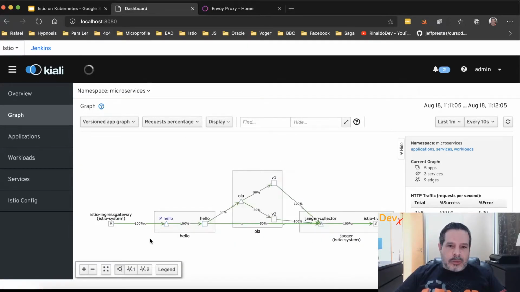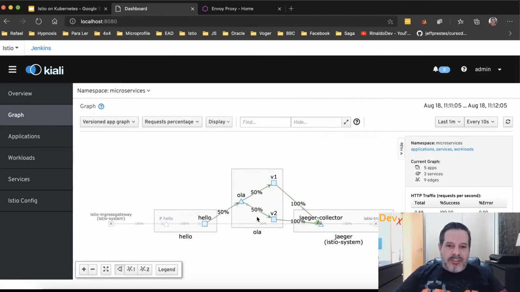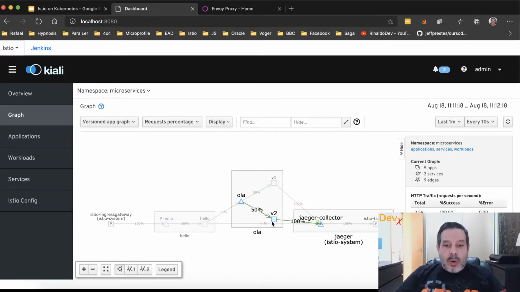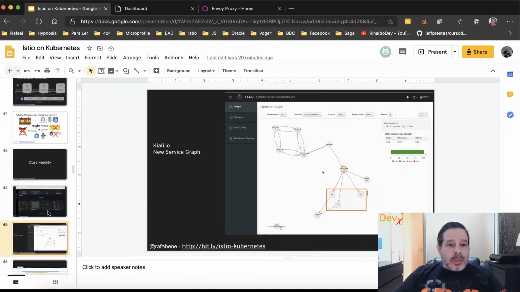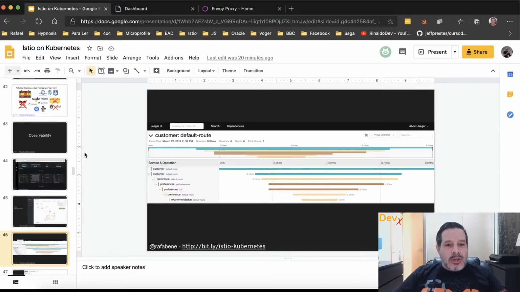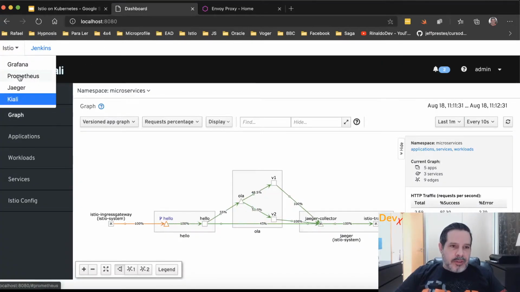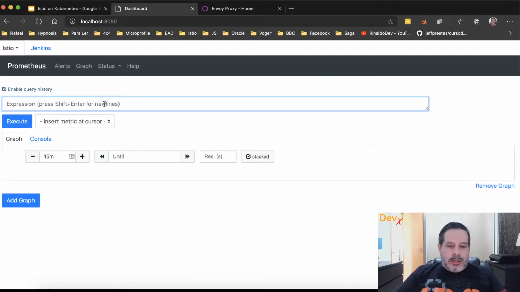So we can see here the traffic flowing through Hello and also the two versions of Olá, 50% for each. And they are also reporting those span requests to the Jaeger collector, because Jaeger is also part of the Istio observability together with Prometheus.